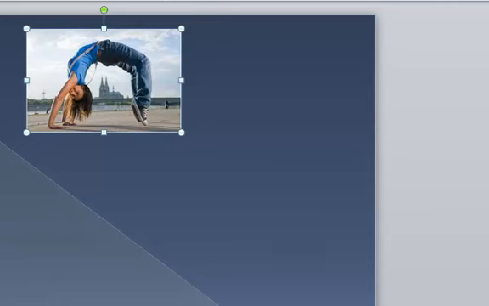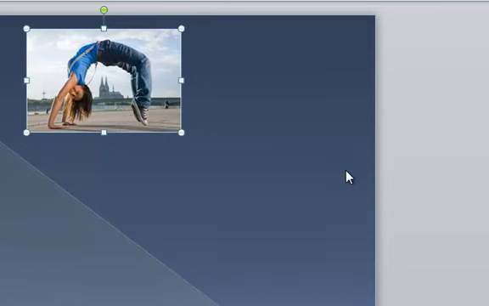With the Arch Yoga picture selected, and how do you know it's selected? It's because you've got those white circles around it. If you have it like this, just click on the picture, just one quick click of the mouse inside, and those little handles will show up. Whenever we have a picture selected, in order not to make the ribbon at the top of the screen too cluttered, the computer's basically saying, oh, you've clicked that picture, you might want to do some special enhancements to this picture. So it's saying, I'll give you a lot more options that you can use. So when that picture is selected,